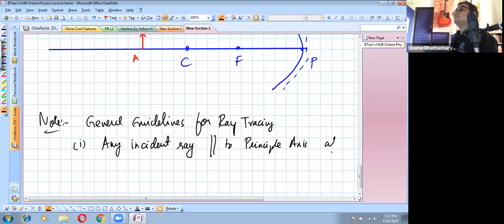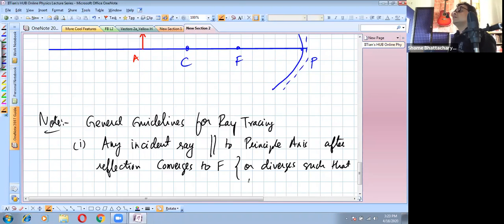After reflection, it converges to the focal point in the case of concave, which I am writing above, or diverges